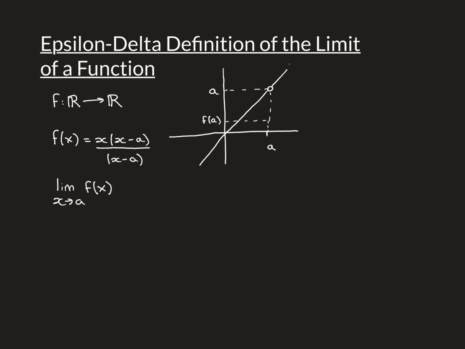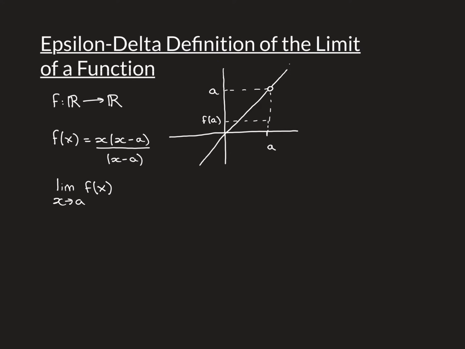So this is where the idea for the limit of a function comes from. At x is equal to a, we cannot ask what the value of the function is equal to. It's undefined. However, we can ask a different question. We can ask what's the limit of the function as x approaches a. And what this means is, what does the value of the function converge on as x approaches a?